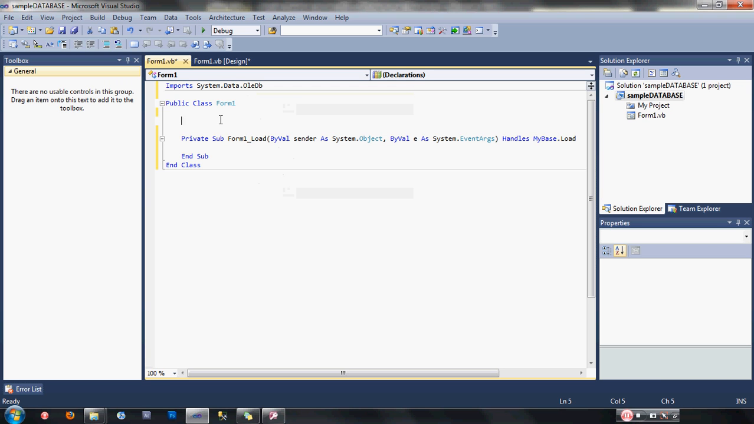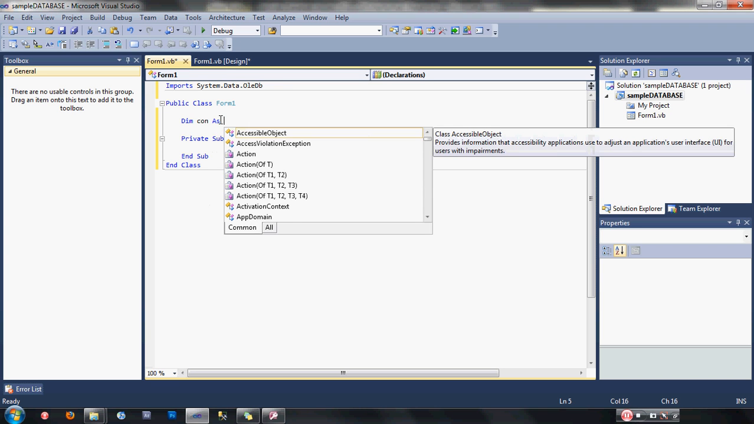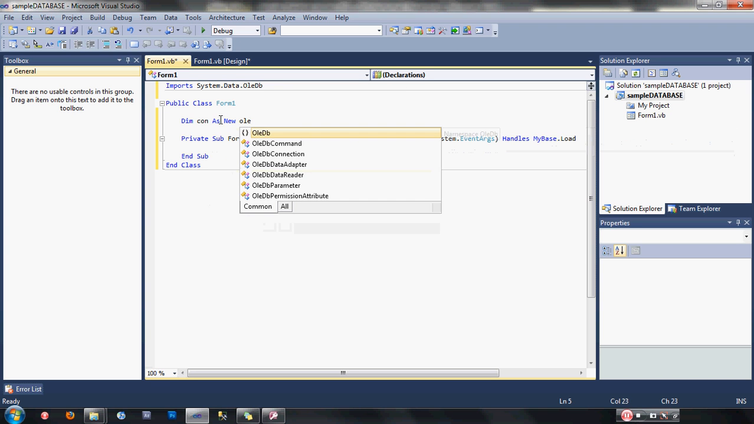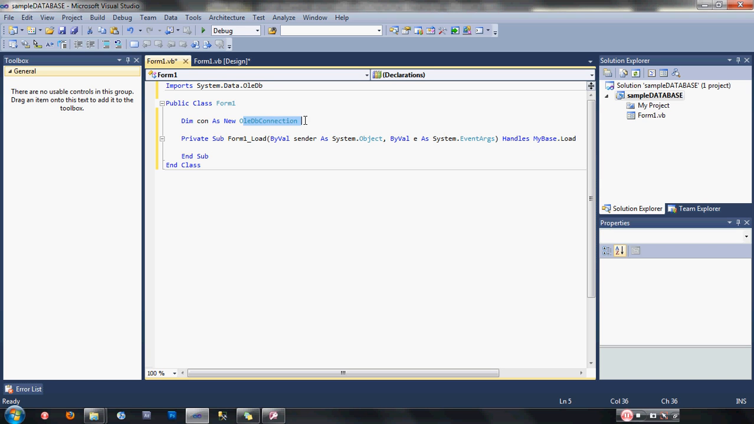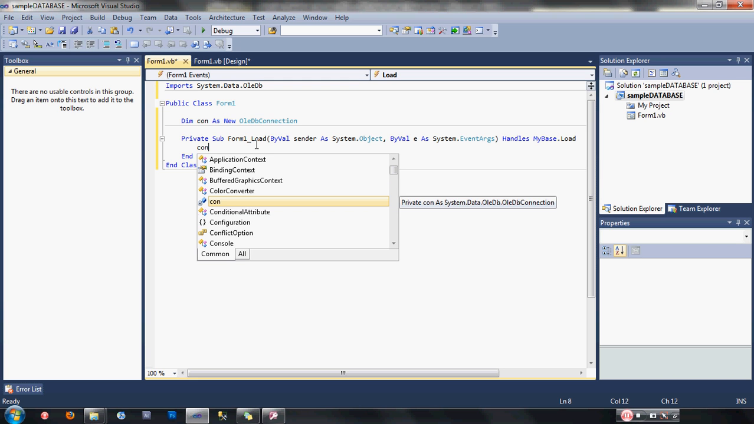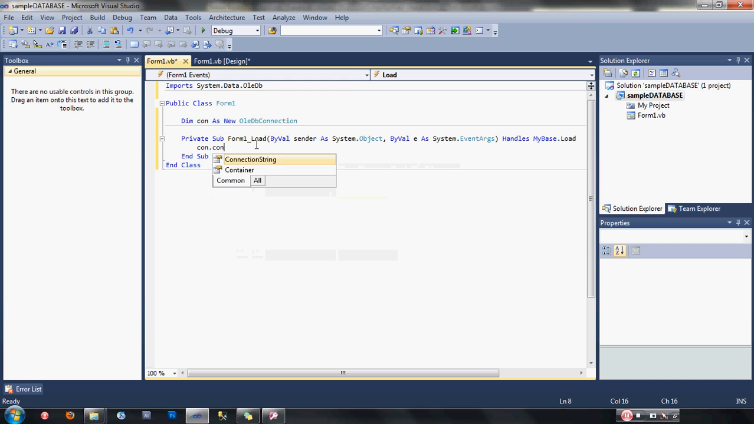Now type here dim con as new oledb connection. Con will be our variable name for our data type oledb connection. After that, we are now going to declare our connection string. Type here con.connection string is equal to